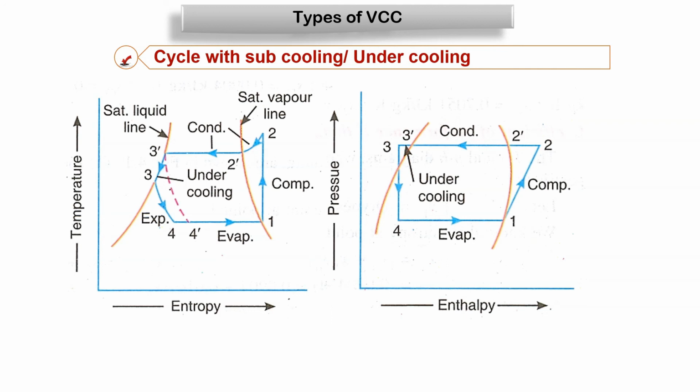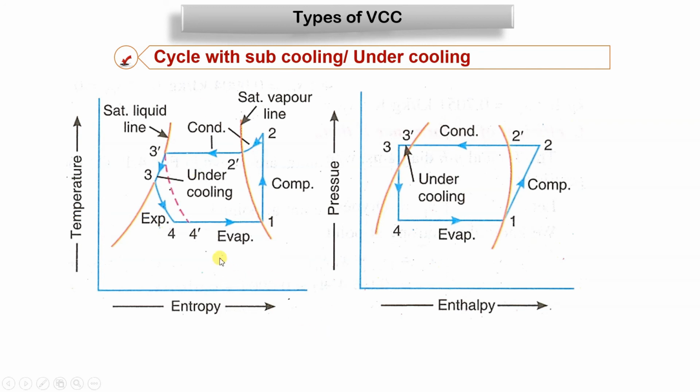Then the next point, this is a major important point: in the Bell-Coleman cycle, we had a heat exchanger, where air was rejecting sensible heat. But if you see the vapor compression cycle, here from 2 dash to 3 dash, this is latent heat rejection in the condenser, where there is phase change. So vapor gets converted into liquid. But it is not the case with the air cooling system or air refrigeration system, the Bell-Coleman cycle.